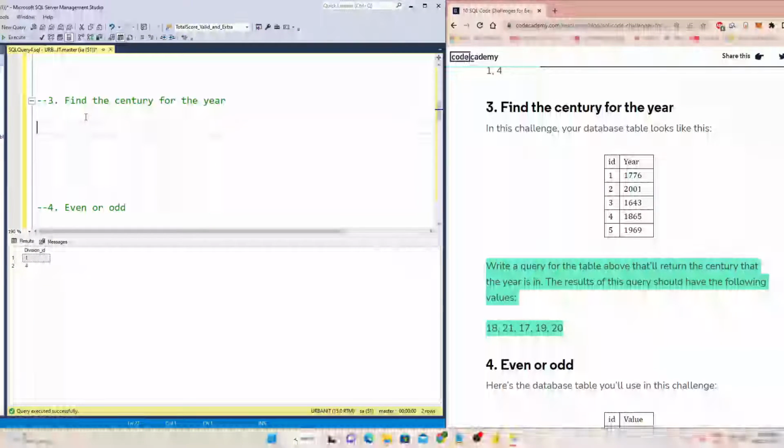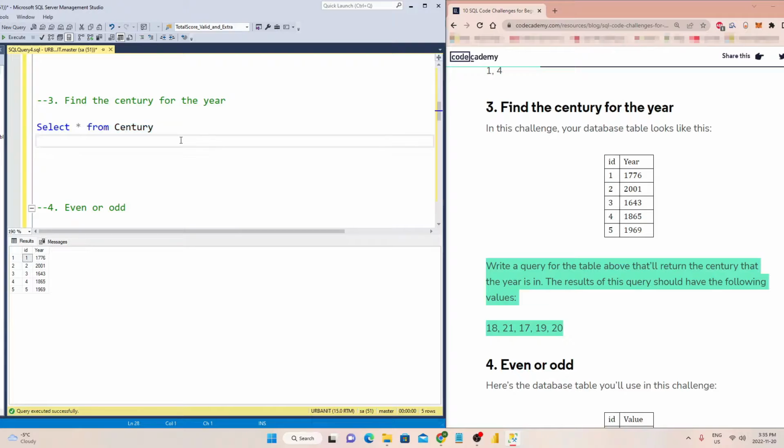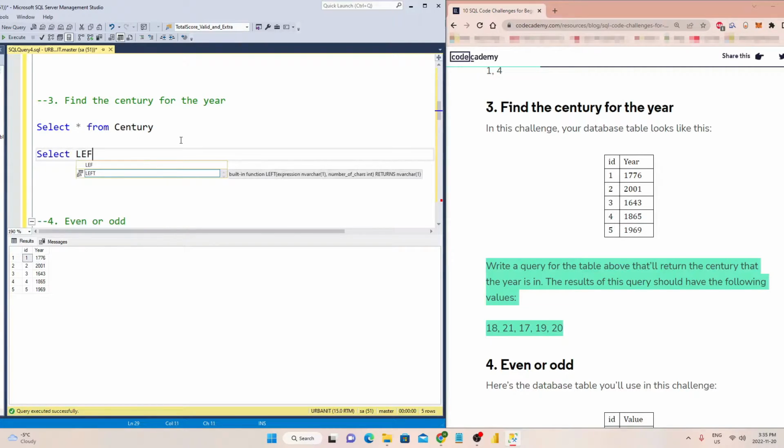In this one, we can go two different ways. Let me show you the first one. Also, I named this table century, so let me quickly show you that. Okay, so how do we get only the first two numbers plus add one? There are two ways. The first one is that I will use the function left, plus I also want to see the ID as well